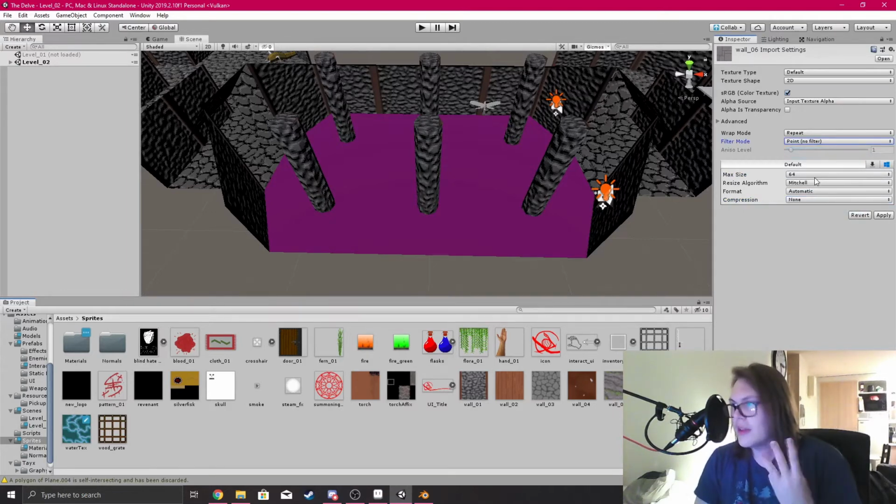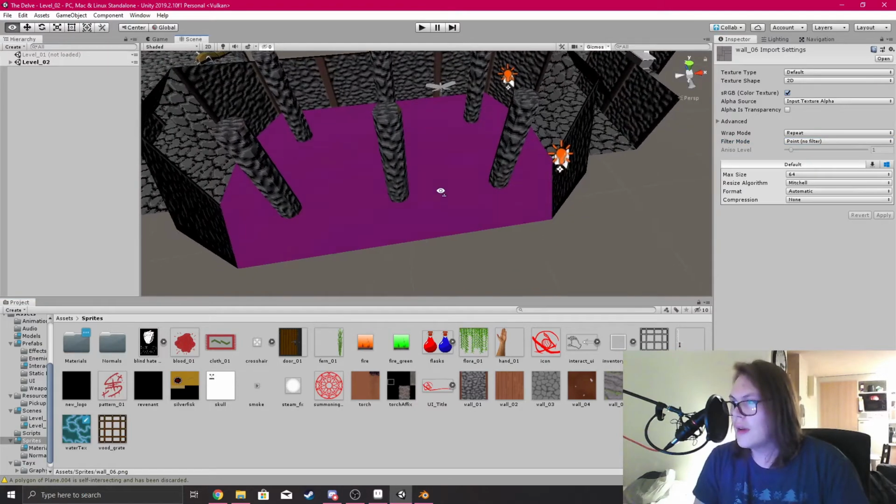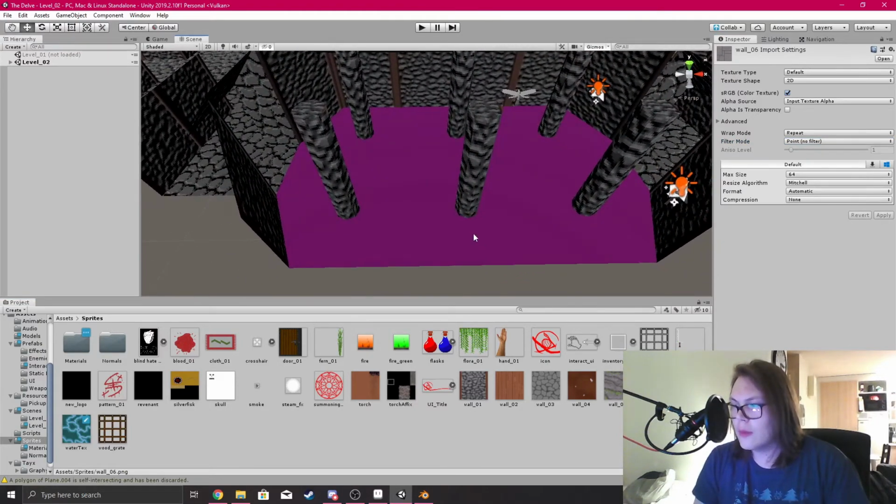It's literally 3 settings. It's just max size to 64 because it's the texture size we chose, compression to none, and filter mode to none. And that basically removes the anti-aliasing for it, which gives it that very pixelated look. So now that we have that, we just